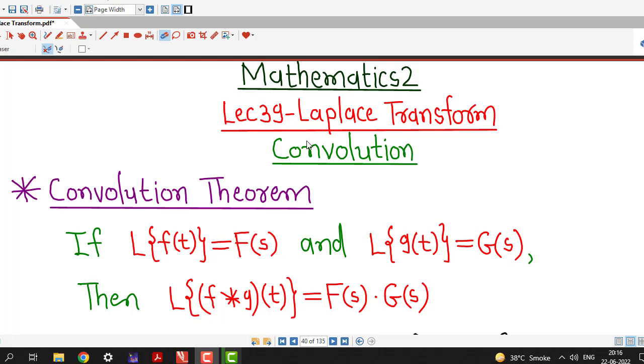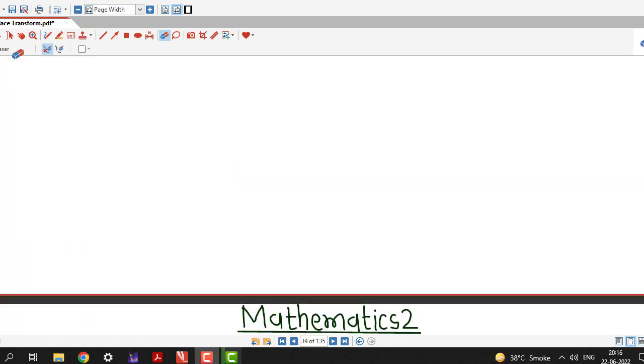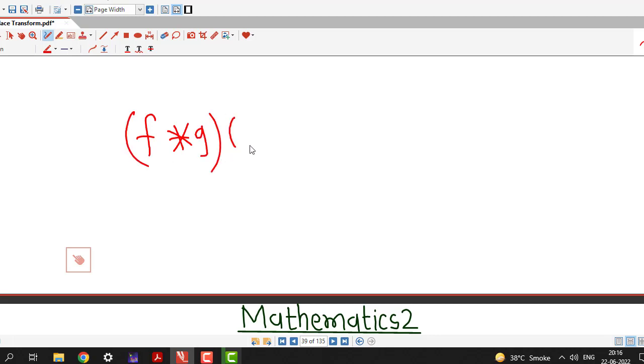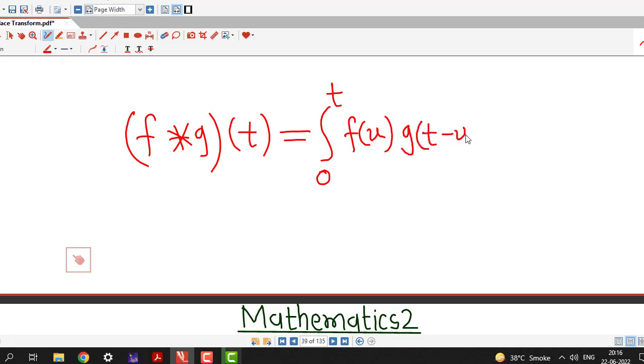In lecture number 38 we have discussed about convolution operation between two functions. So we just recall the definition of convolution of two functions f and g. It is denoted by f star g of t and is defined as integral from 0 to t f of u g of t minus u integral with respect to u. In this lecture we are going to discuss how to obtain Laplace transform of the convolution of two functions